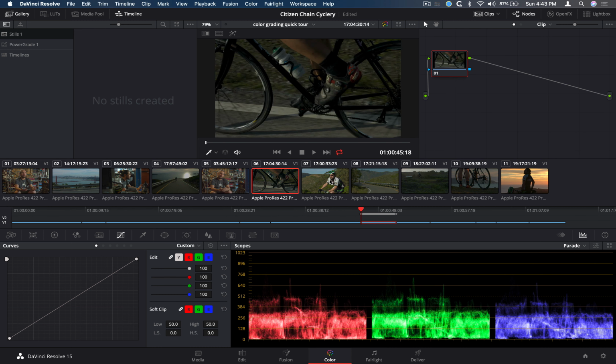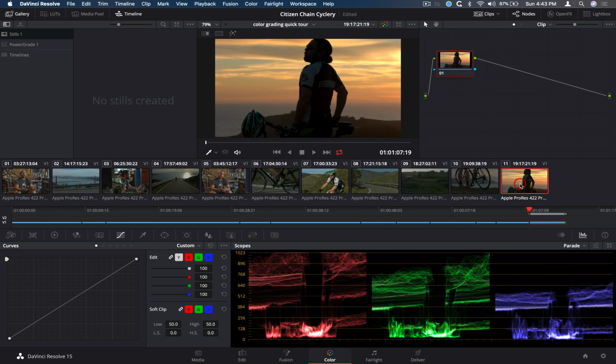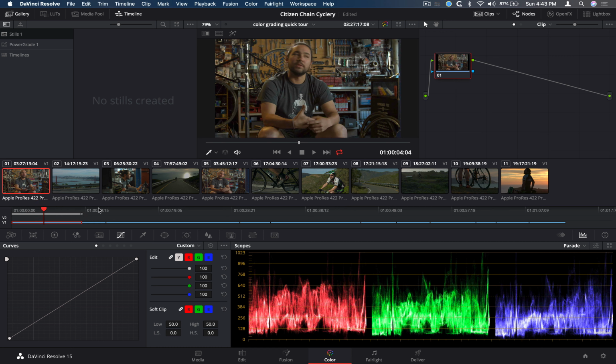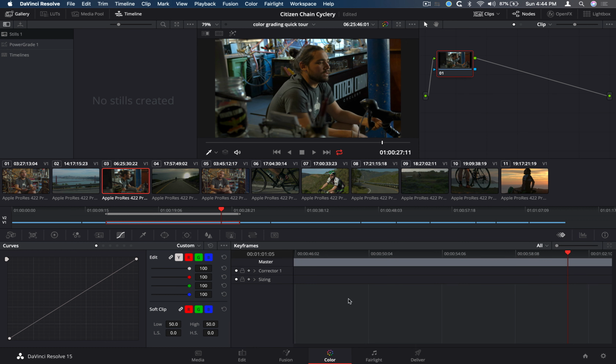You click on each clip here, and it will navigate you to the next clip. Below that is a rough timeline. And then at the bottom, depending on your screen resolution, this may look a little different, but this is your color correction controls. And over here to the side, you've got scopes, a keyframe editor,